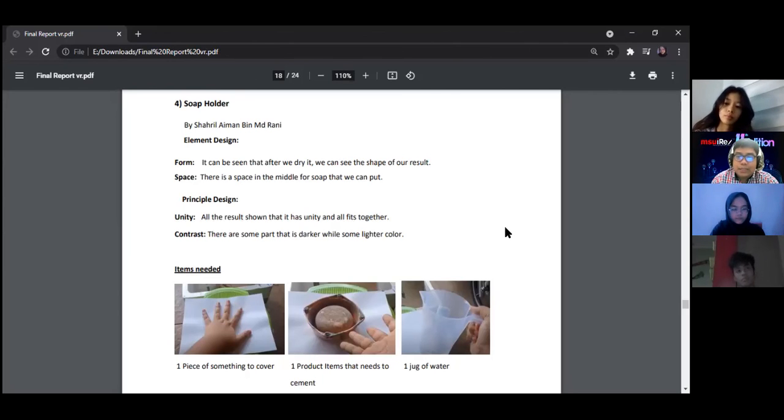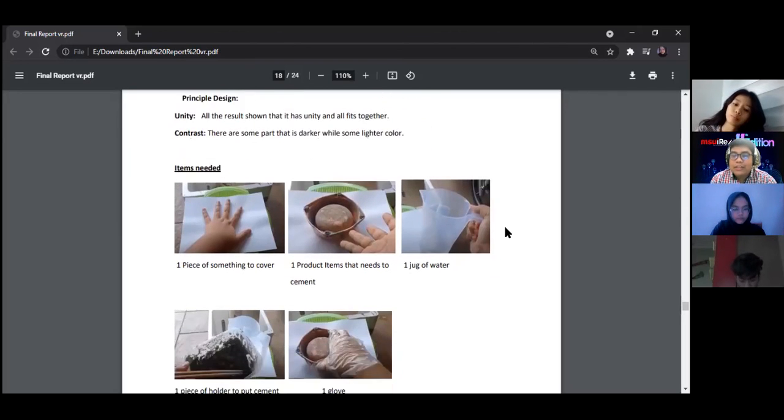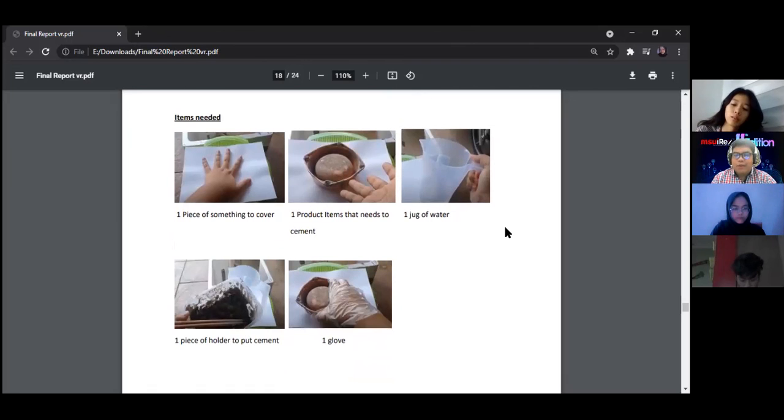For the space, there is a space in the middle of the holder where we can put the soap. For the principles of design, I use unity and contrast. For the contrast, in the middle I use black, but on the outside I use our theme color, which is orange and yellow. The items are a piece of paper or newspaper to cover,